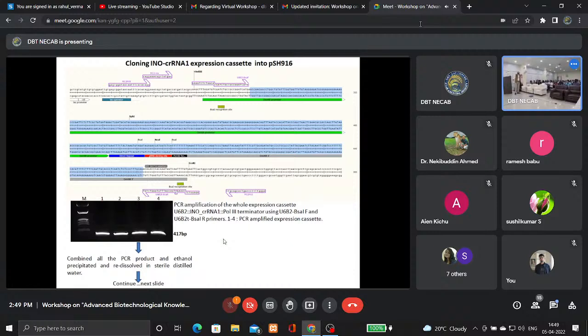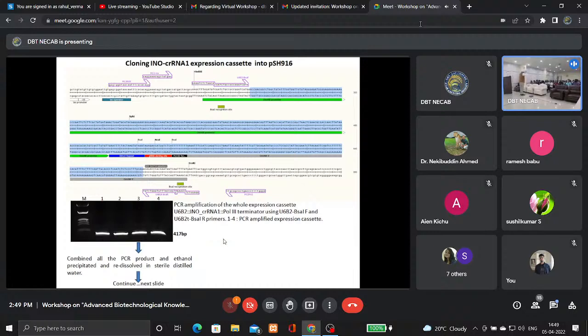If you see, both contain one BsaI site. We designed the primer in such a way that it contains a BsaI restriction site, because ultimately the whole expression cassette I need to clone into a binary vector,